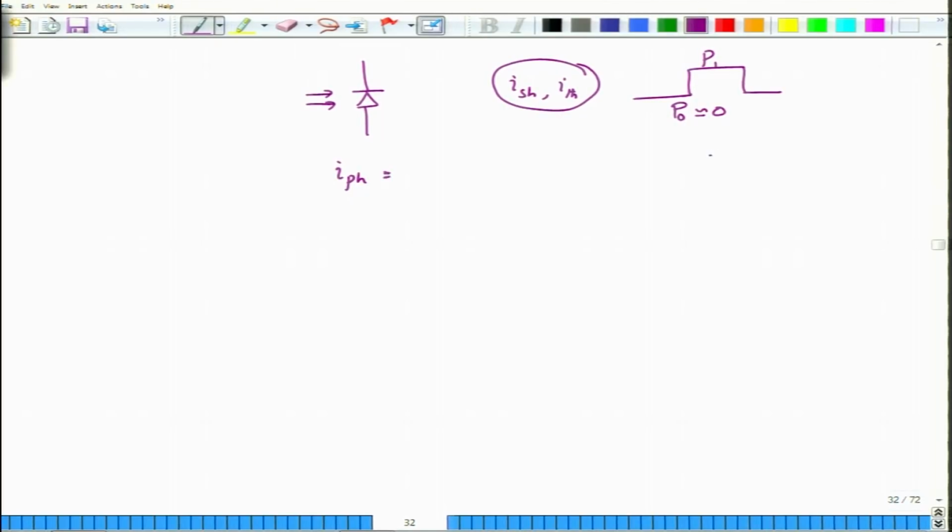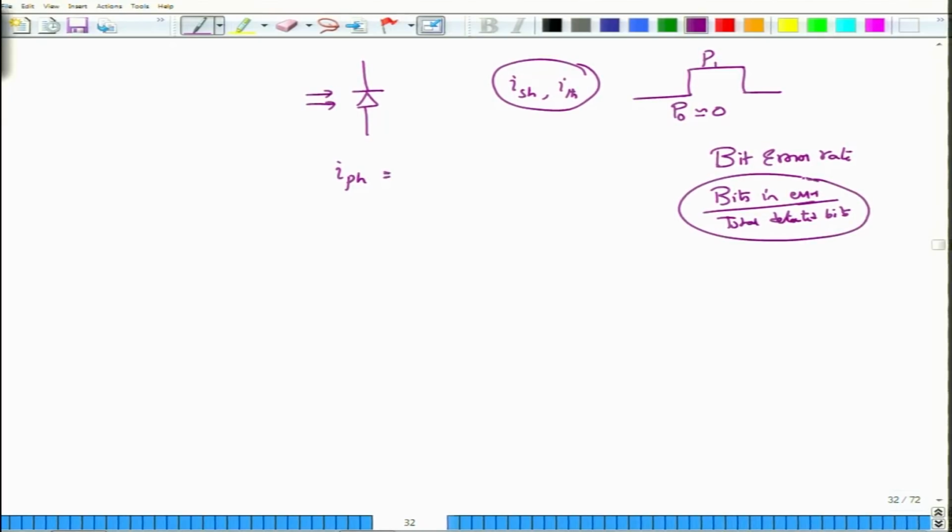So, we will quantify the performance of these systems by what is called bit error rate, which is a term that we use to characterize these digital communication systems, which essentially gives you the ratio of bits in error to the total detected bits. Some bits may not be detected, but whatever the bits that are there in error will determine the bit error rate. So, this is in fact not error rate, but rather error ratio, but the term bit error rate is usually used in this sense. So, we do not worry about the bit error ratio or bit error rate, they both essentially mean the same as the traditional usage goes.